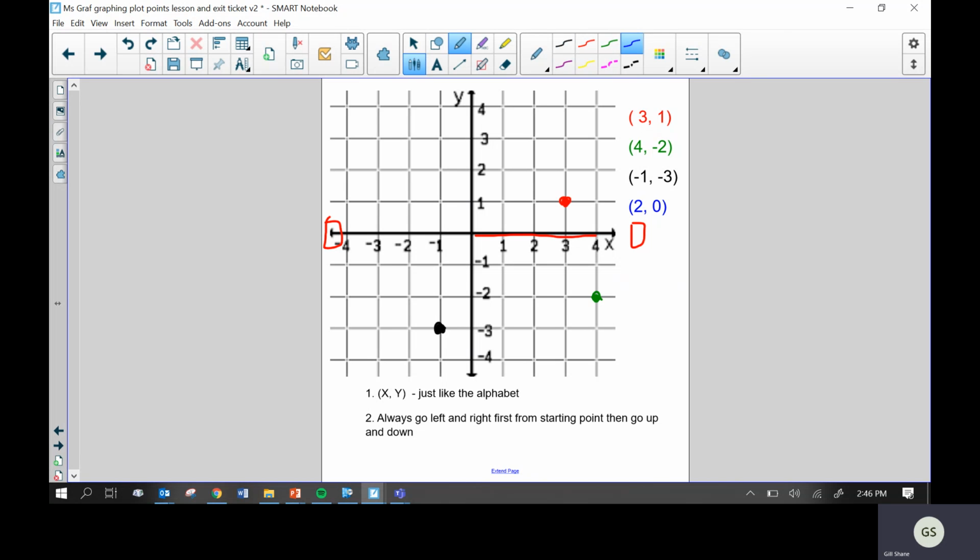And then last, I have the one in blue, 2, 0. So again, left and right first to get to the elevator. So I go to 2, and then I don't go anywhere from there. If you'll notice, it's 2, 0. The y value is 0, so we don't go up or down at all. We simply get to the value of 2, and we just put a dot right on 2. We don't go up or down. So there are those 4 points graphed on the coordinate plane, which you just call a graph probably, but it's